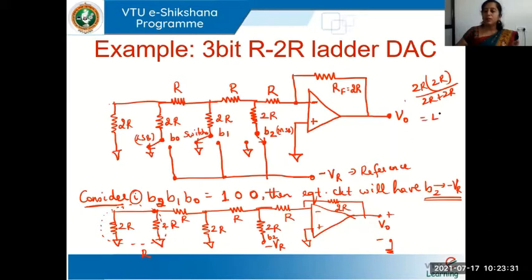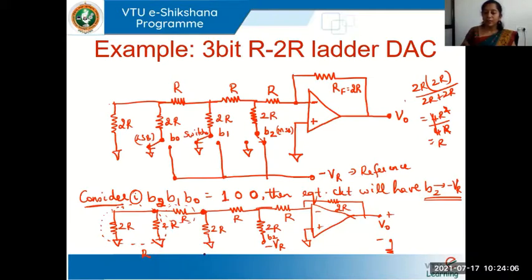So this will reduce to 4R square divided by 4R. So what will I have? I'll have the equivalent resistance as R, right? So this will reduce to R. Now this R will be in series with this R. Can you see here what I'm circling in the lower diagram? The R, which is the result of parallel combination of these two, is in series with this R. So in effect, from this point to ground, I have 2R.